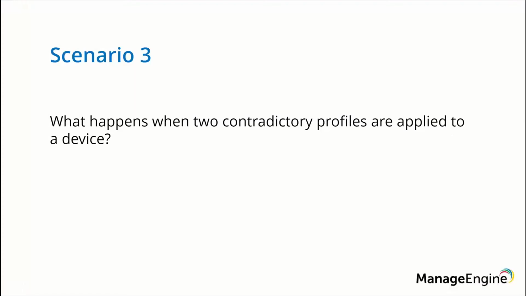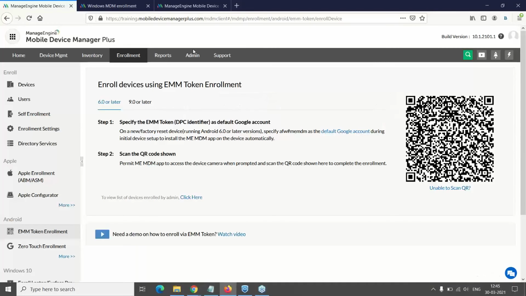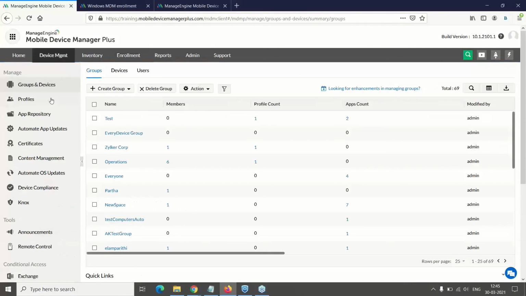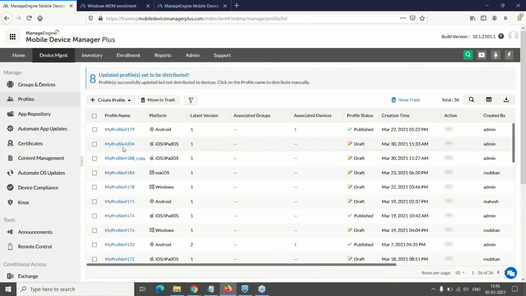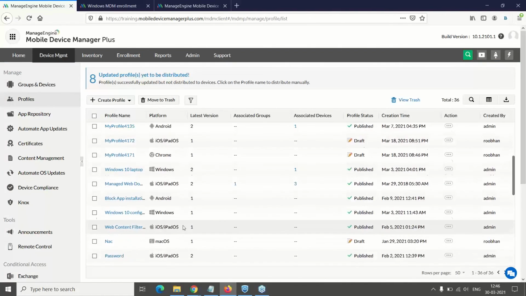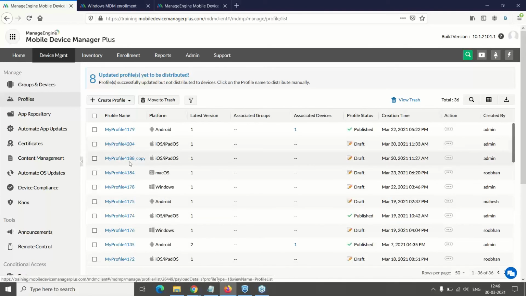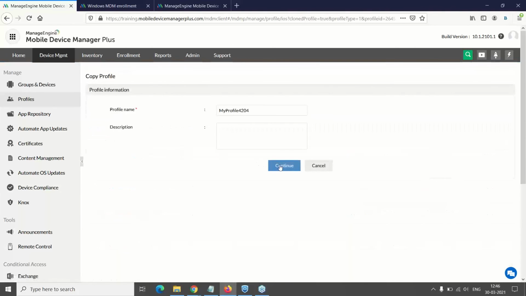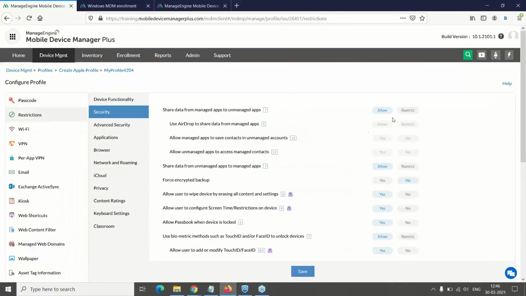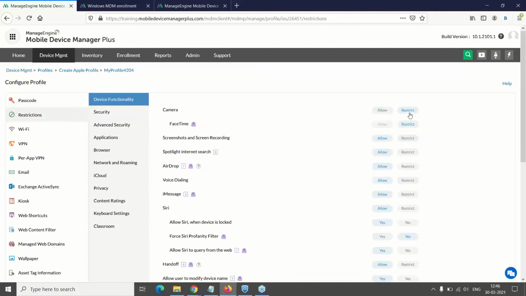And the next scenario is, what happens when two contradictory profiles are applied to a device? Okay, now let us consider two different profiles here. Under device management profiles, let us consider these two profiles. So in this profile, consider I have restricted the camera option, and I'm creating another profile where I have allowed the camera option. So both these profiles are now deployed to the same device. In such a case, what happens is